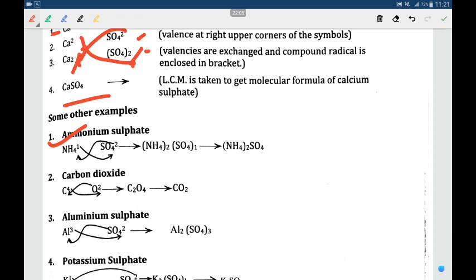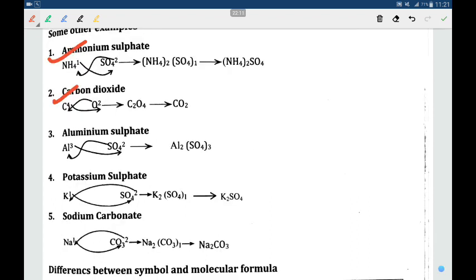Next is given here (NH4)2SO4, ammonium sulfate. Carbon dioxide, aluminium sulfate, Al2(SO4)3. Potassium sulfate, K2SO4. Sodium carbonate, Na2CO3. Sulfuric acid,